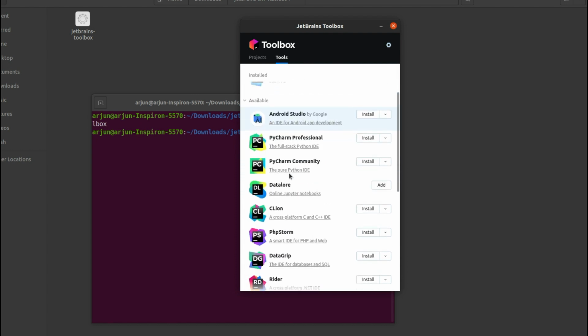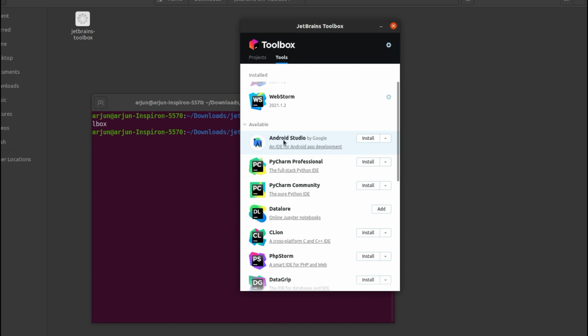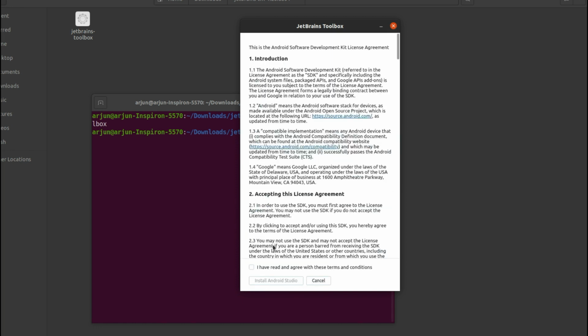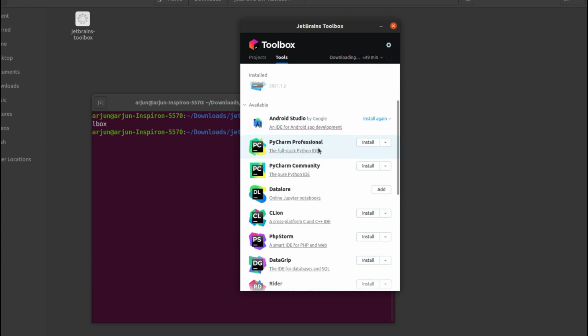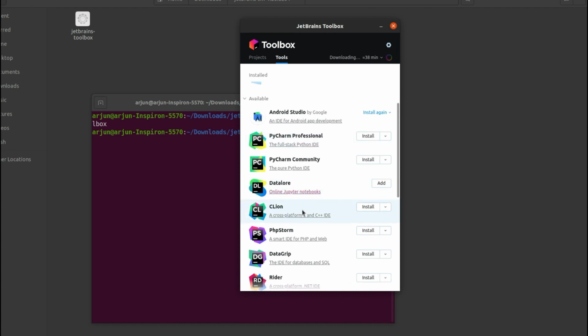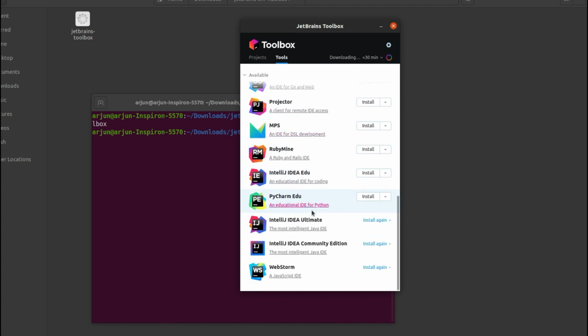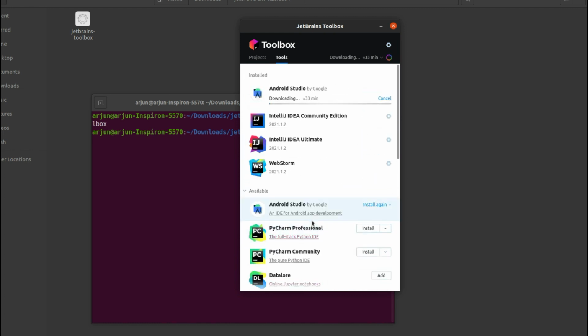If we want to install other tools such as Android Studio, we can easily install it by just clicking install. This will just ask for some agreement. Click on this Android Studio and you can see here it has already started downloading and it will automatically install. If I want to install PyCharm, basically we can install every JetBrains tool from this